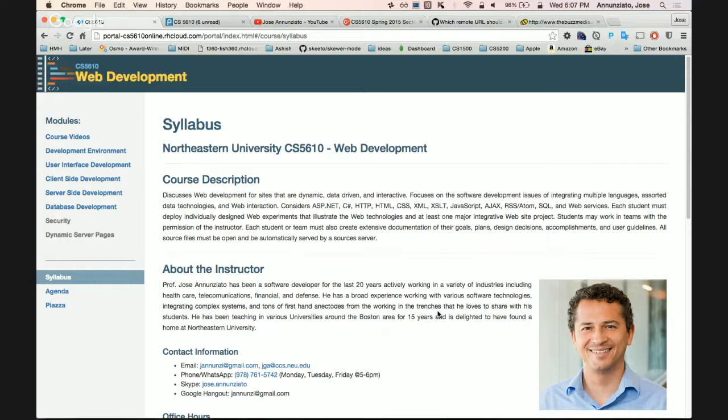There's no book for this course. There's a couple of MEAN stack books out there that you might want to grab, although anything that is printed is obsolete. The technology is changing so fast. Things are moving so quickly that I find myself having to update the course from semester to semester just to keep up.